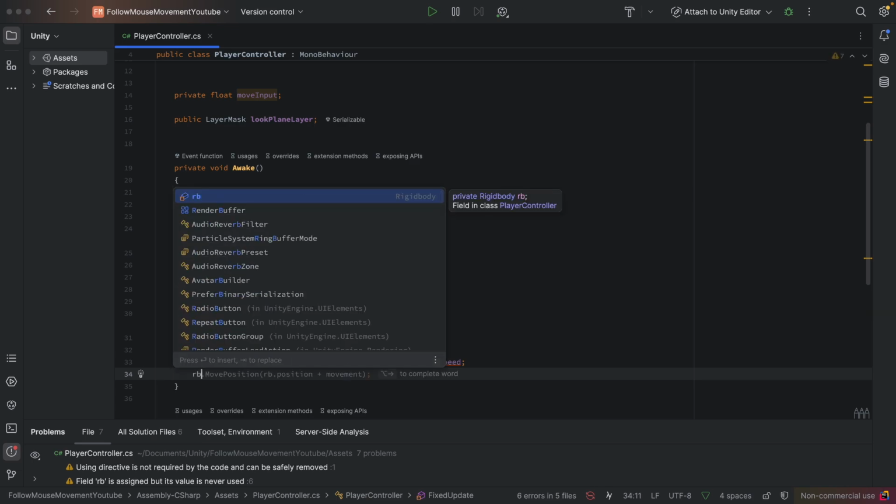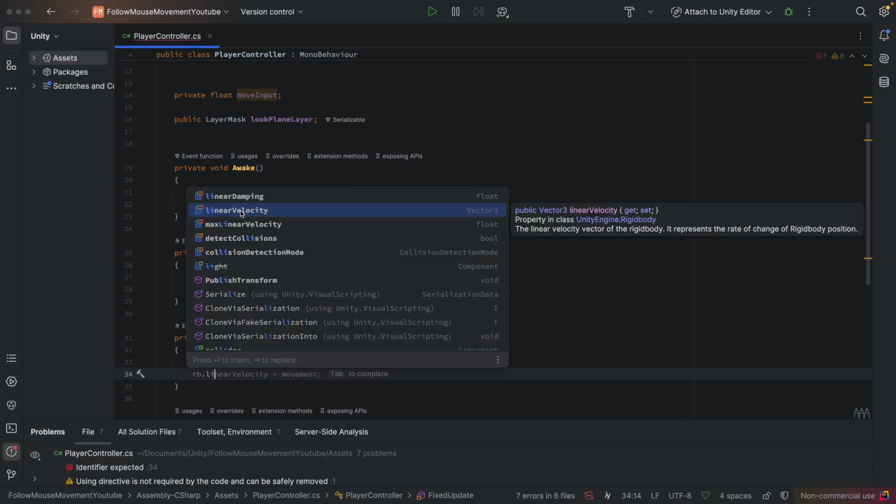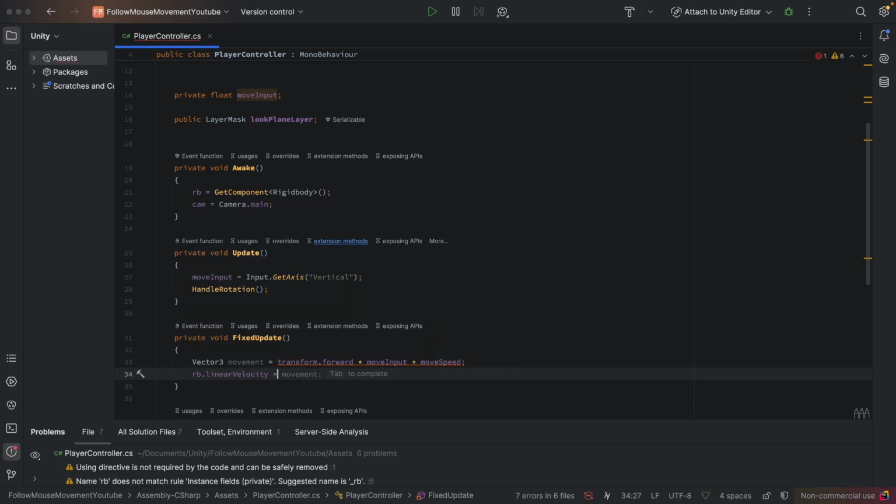Then we're going to get the rigidbody.linearVelocity. It used to only be velocity, but obviously they changed it. Is equal to